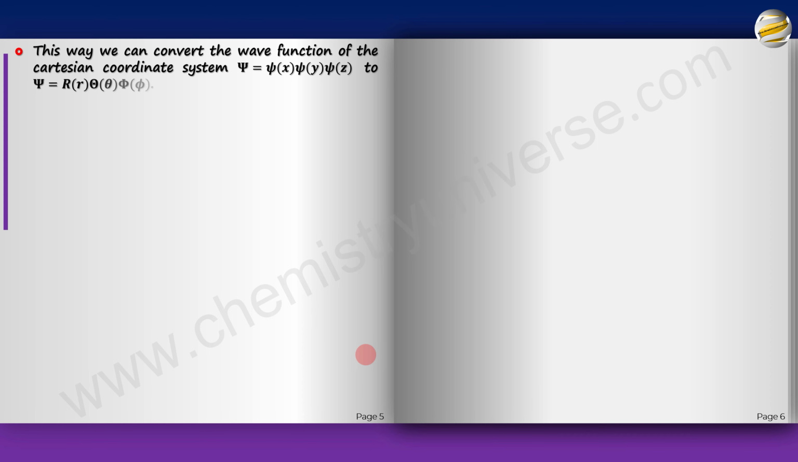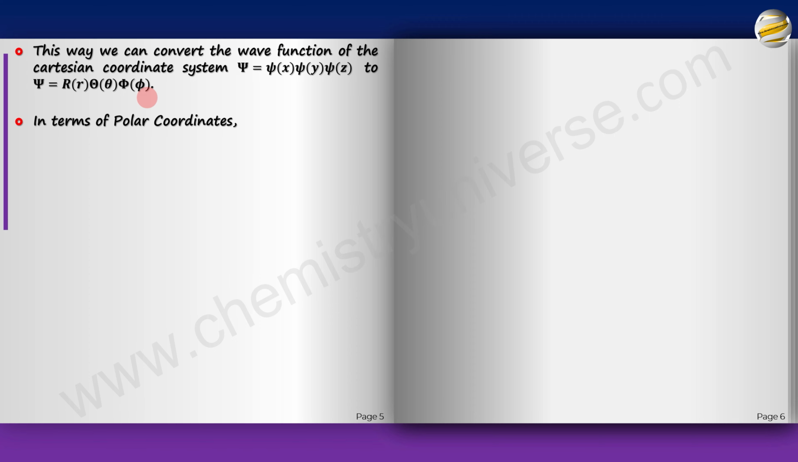So this way we can convert the wave function of the Cartesian coordinate system to psi equals R(r) times Theta(theta) times Phi(phi). This is the function that uses r, this is the function that uses theta, this is the function that uses phi. So in terms of polar coordinates,